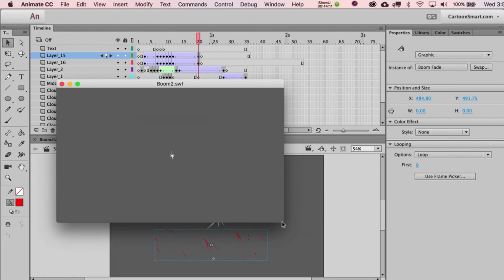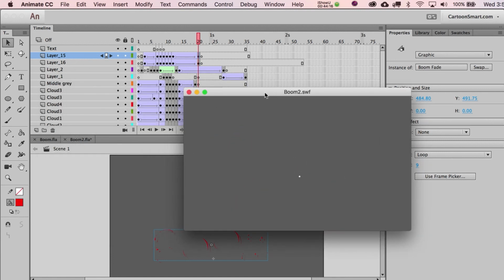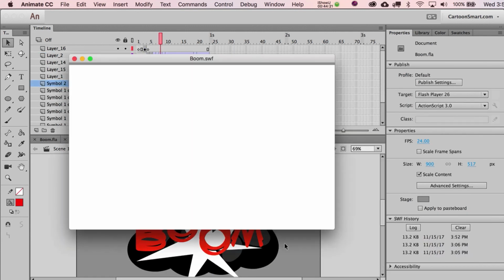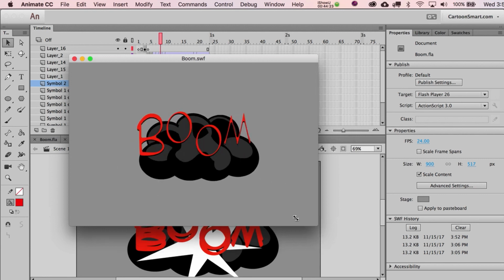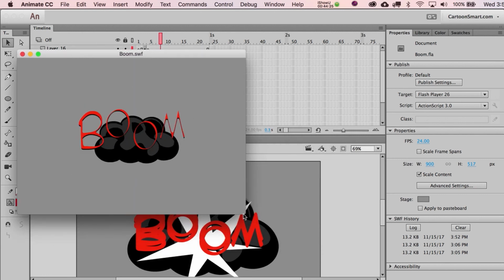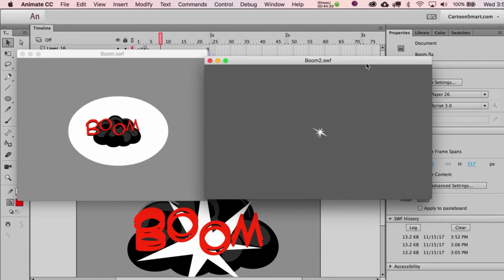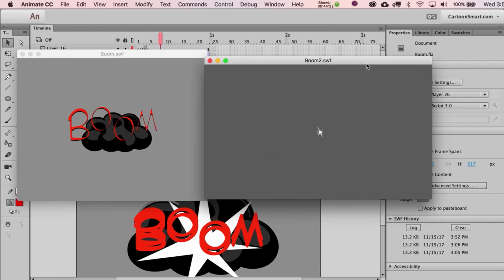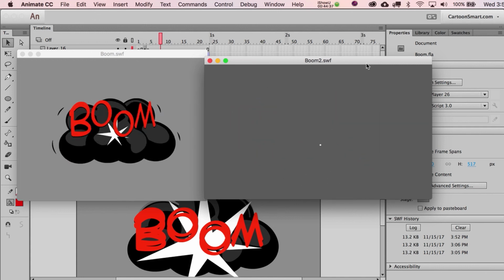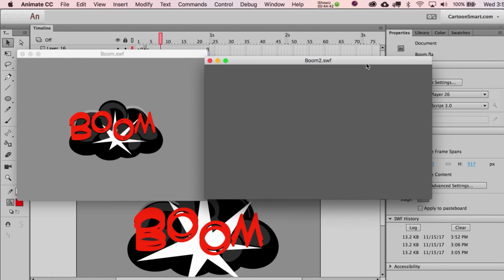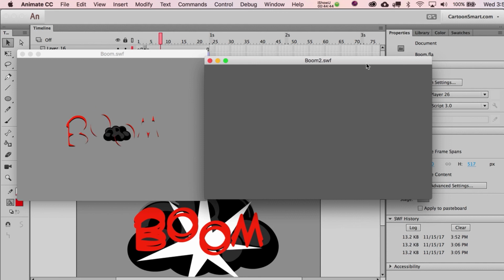Should we compare what came before? Boom 1 to Boom 2. Let's see if I can leave that open. Go over to here, run this one. Get them both in the same frame. I don't know. I think I'm going to get a seizure looking at this. It's a little bit too flashy. So anyway,